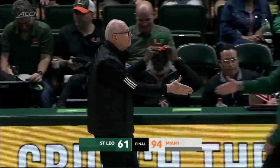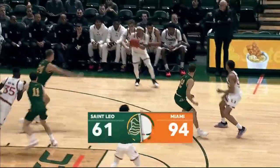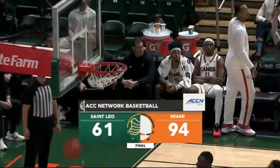Jack, your final and parting thoughts here tonight. I love how the Miami Hurricanes leading all scorers. He's primed for